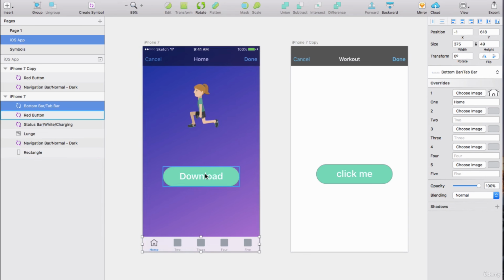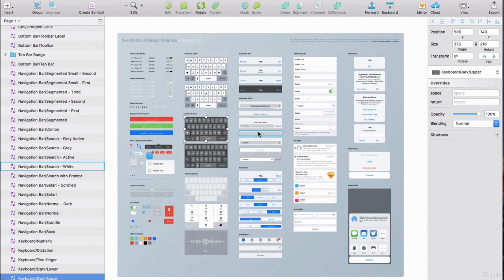And I also showed you how to create your own symbols for designs that you want to reuse, and how to insert images. So those are pretty much all the things that you need to know in order to create your designs in Sketch. So other than these components that Sketch provides by default, I'm going to show you another